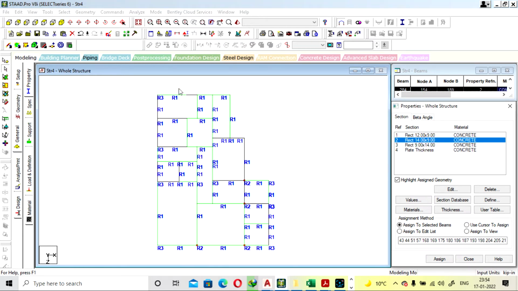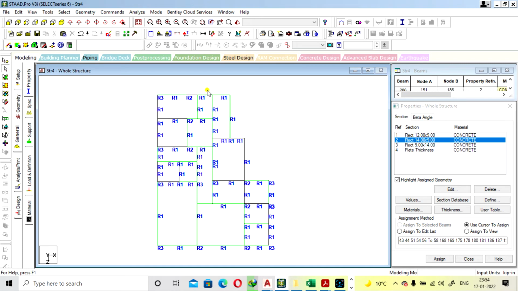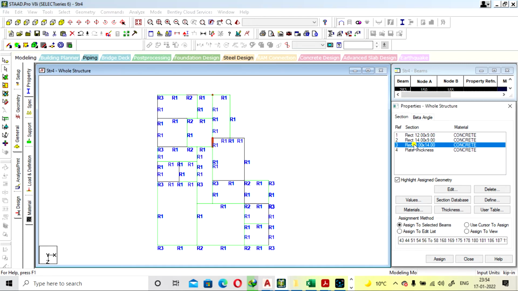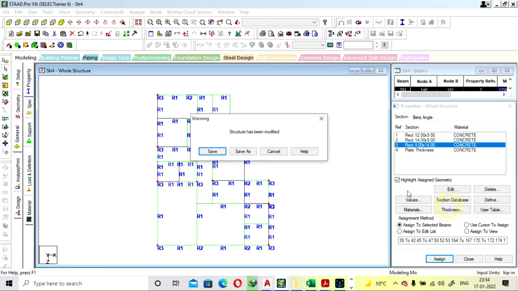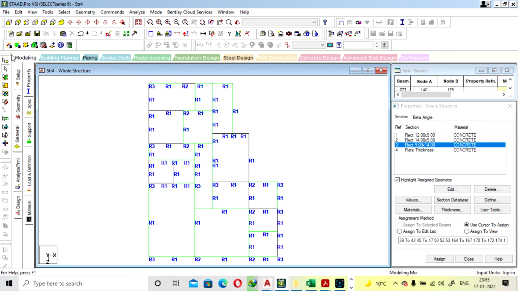So this will be R2, this and this. Assign to selected, assigned. And these columns, these are R3, this and this. Sorry, so this will be R3 and this is also R3.